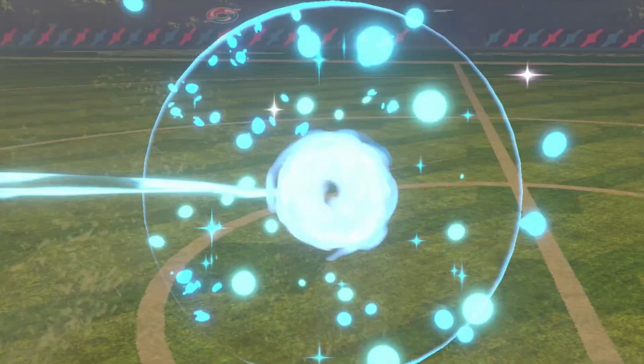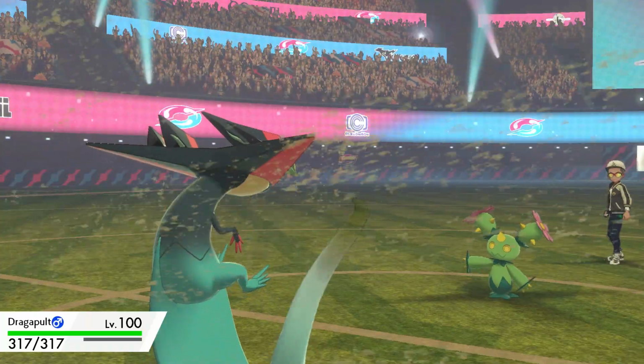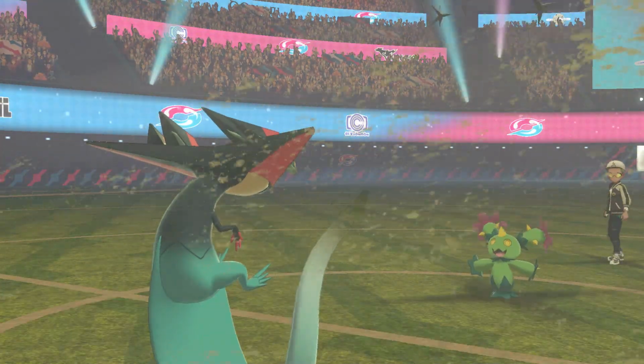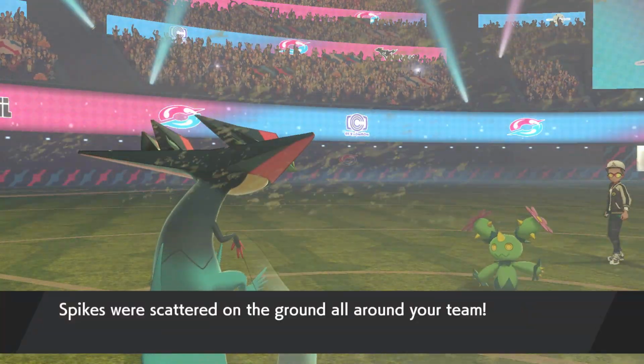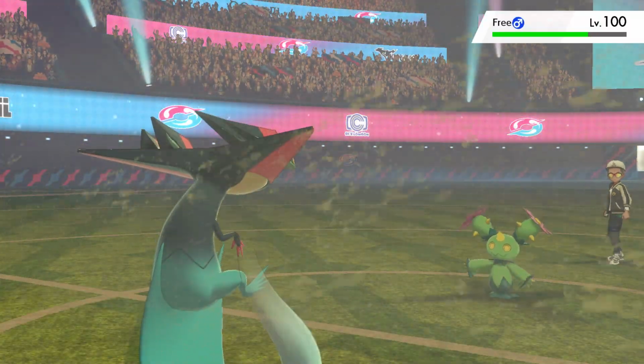here, and because I'm afraid of Needle Arm, so I'm going to switch out and go into Dragapult, predicting a Needle Arm, just because I'm afraid of Needle Arms. If Cacturne is anything to go by, this thing should also have Needle Arm, given that it's a Cactus Pokemon as well. But instead he's going to go for the Spikes, which is really obnoxious,